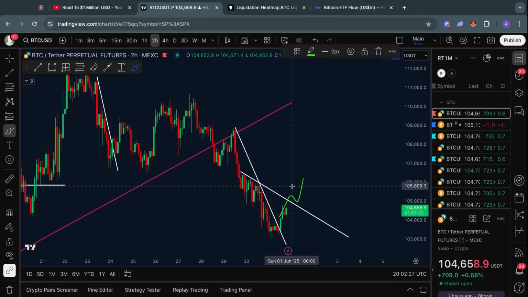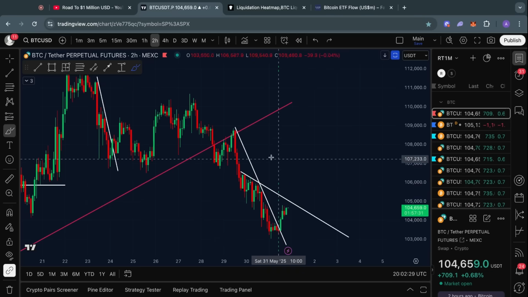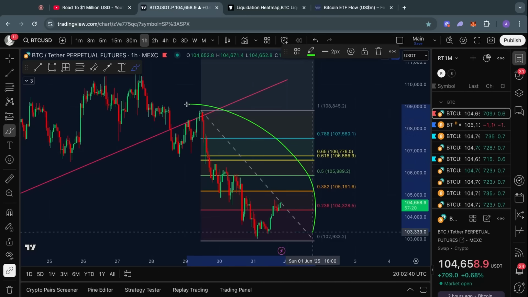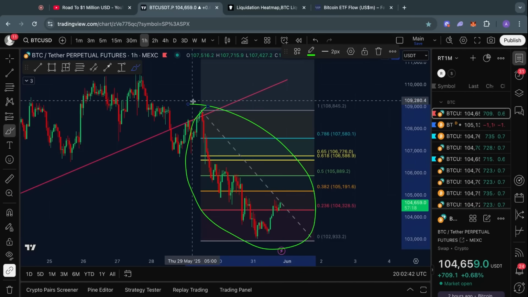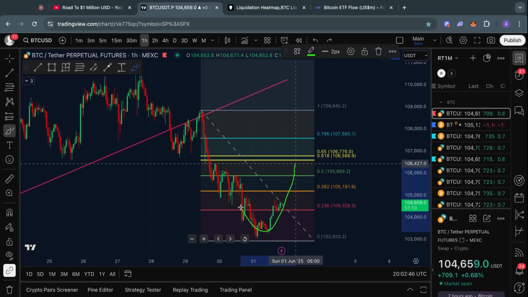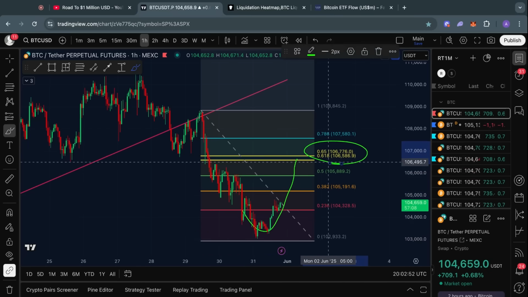In the case that we break through there, then yeah, potentially we might actually get a bit of a move to the upside. Something to be aware of though is, for example, on this 1-hour time frame, you can draw this Fibonacci retracement level. And even if we were to retrace all the way to this Fibonacci golden pocket sitting between 106.6K and 106.8K, roughly speaking, even if we retrace all the way up here, it doesn't mean that we are